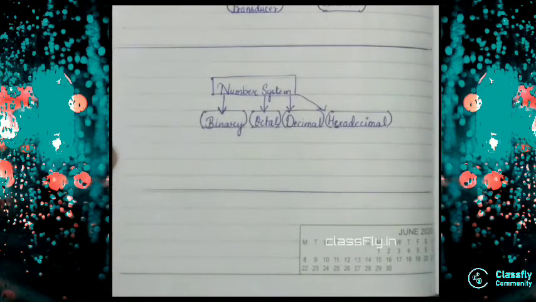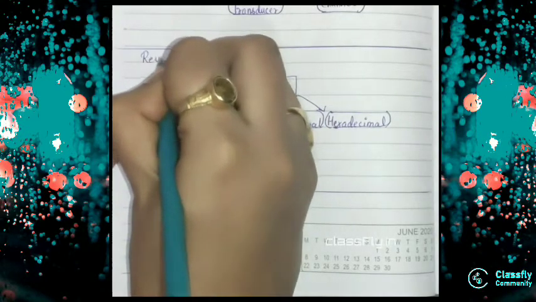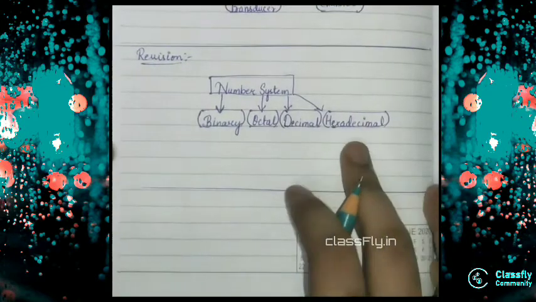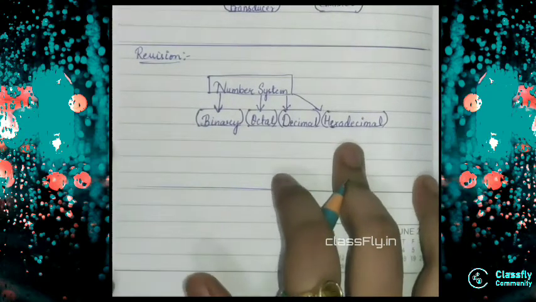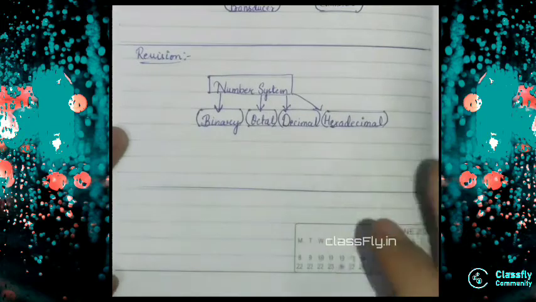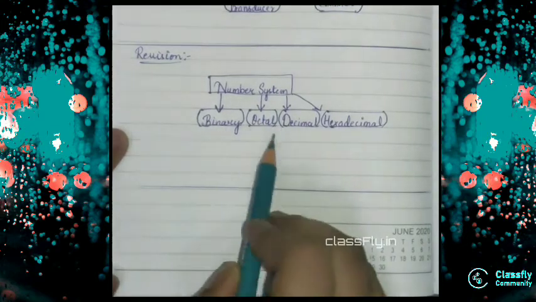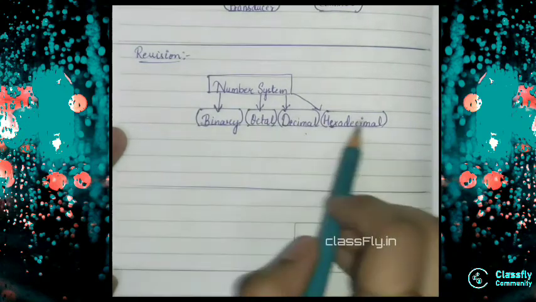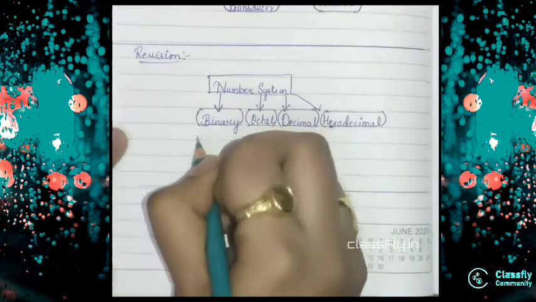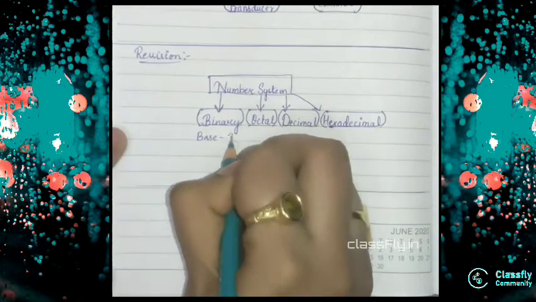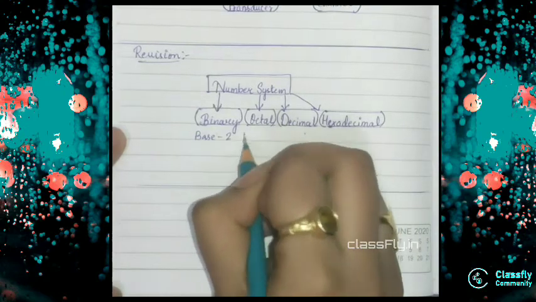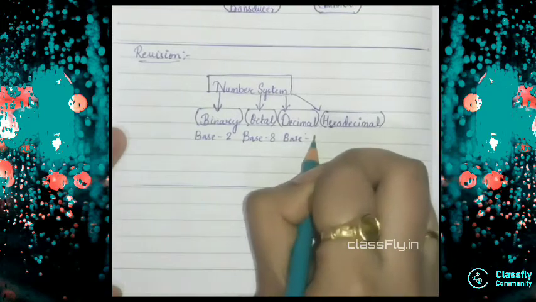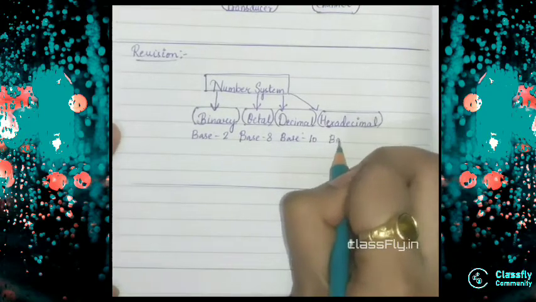So today is the revision of Module 5, the Digital Electronics part. We began our lectures with the number system, and we know that the number system is divided into 4 parts: binary, octal, decimal, and hexadecimal. From the words you can tell binary has the base, yes, you are correct, it's 2. And octal has the base, yes, it's 8. Decimal is simply 10 and hexadecimal is 16.